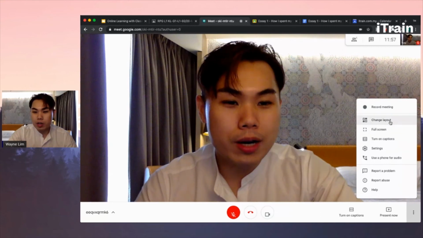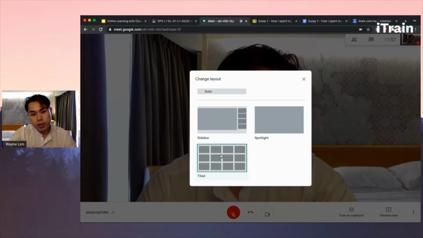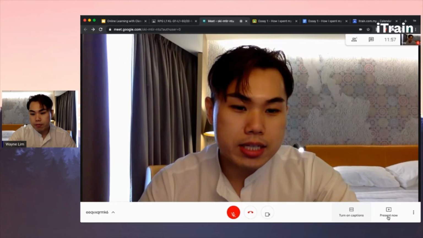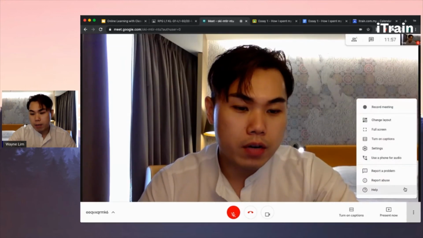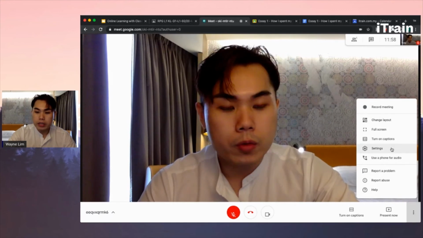So right now we're going to go into change layout. A lot of people who have used Zoom before always prefer the grid view, which in Google Meet is called tiled view. So you can select different types of view over here by hitting this button at the bottom right and going to settings,